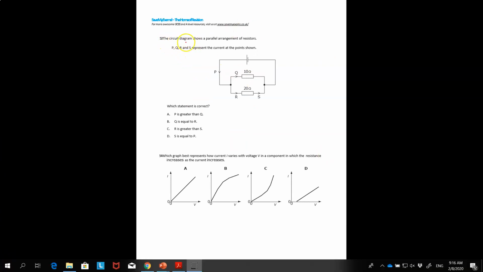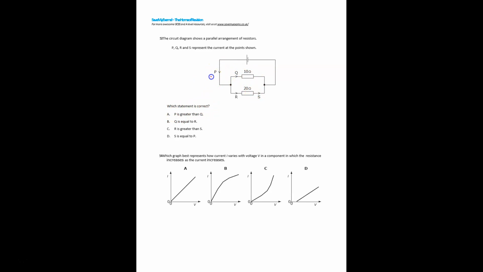Okay, question number 53. Here the circuit is shown. The question, which statement is correct? The current is flowing from the battery, highest near the battery. Here is the junction, and before the junction, anywhere from here to here, the current is the highest. The value of current is high. And here, when the current flows, for example, if here is 3 ampere, I'm giving an example for you,